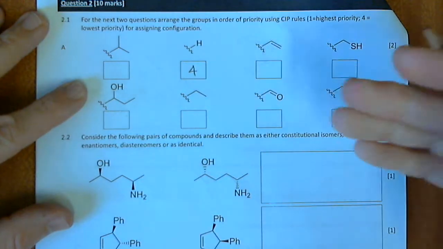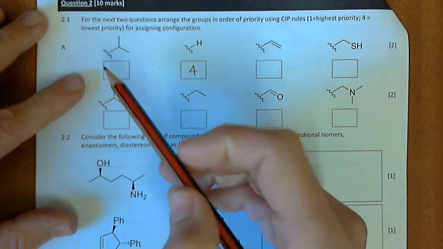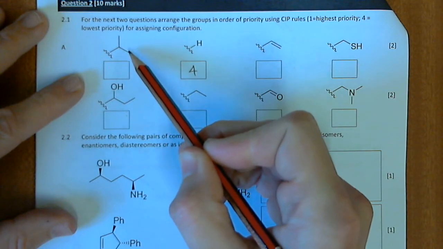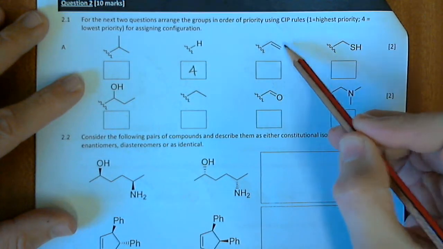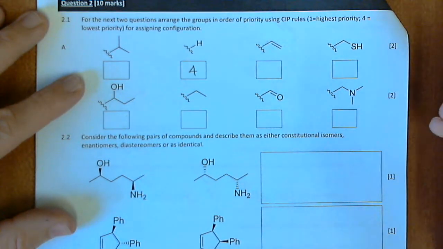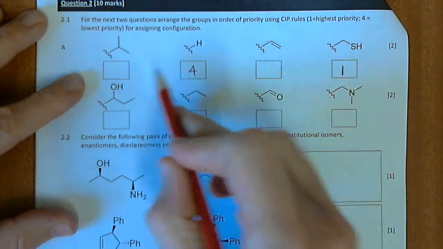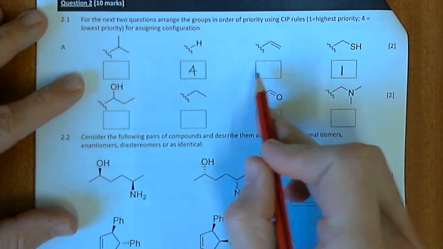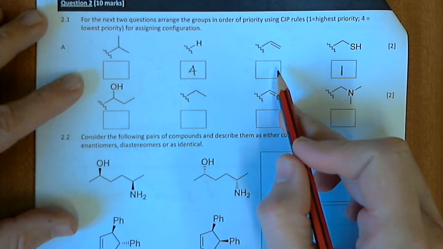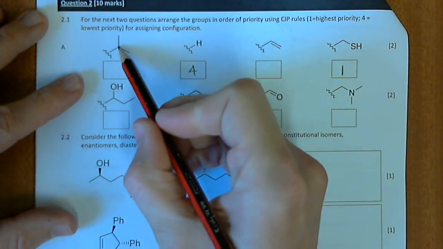In fact, hydrogen's always going to be the lowest, so it's just very easy to do that. Okay, so then this carbon goes to another carbon, this carbon goes to another carbon, and this carbon goes to sulfur. Sulfur has a higher priority than carbon, so this must have been carbon number 1. Now the difficulty I think with a lot of people where they made mistakes was which one of these gets the higher priority. And in terms of the rules, the way you can look at it is, you see this